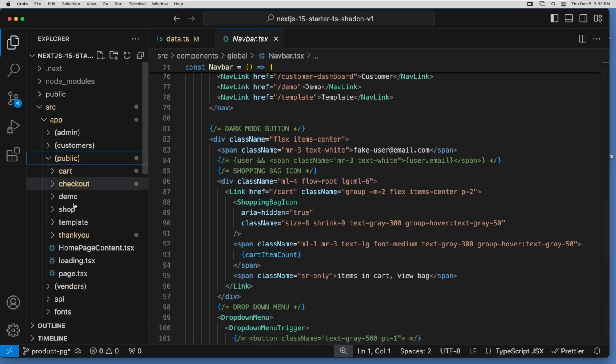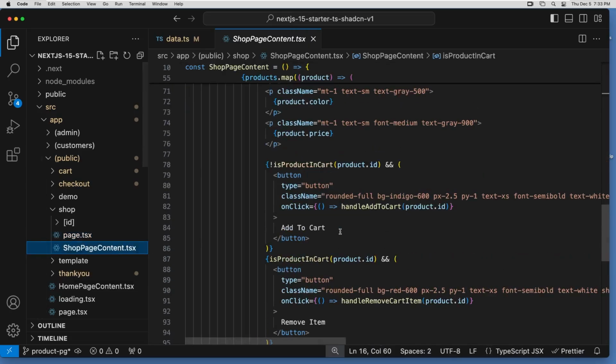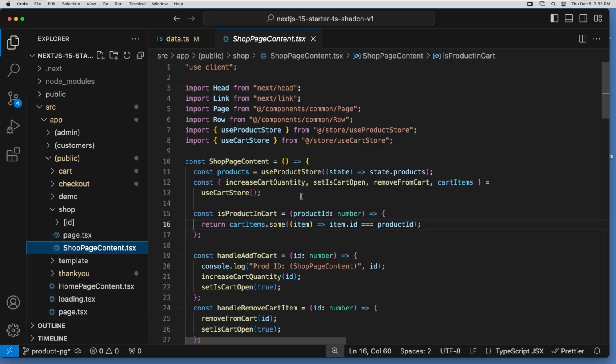Should be under public and under shop, and right here we're handling both. This is how I create the page. Since I have no control over this, I cannot rename it, so I keep the page simple, but the actual code I bring in as a component. Shop page content, this is where all the content is. As you can see, we're bringing in the use cart store and also the products from the use product store